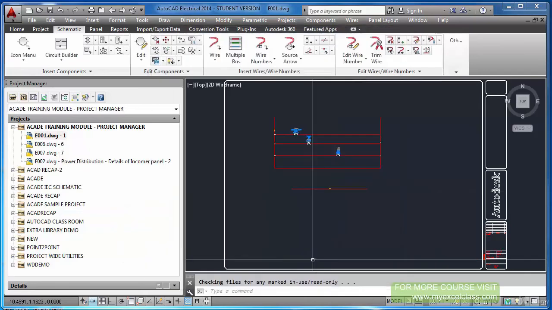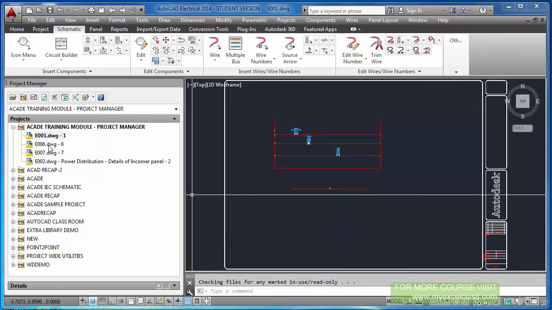If you give only the file name, like E0006, maybe while making the drawings you may be quite sure what is there in this particular sheet. But after some time, or when an unknown person opens this drawing, he cannot understand what is there in this particular sheet. So better add some descriptions to each sheet.